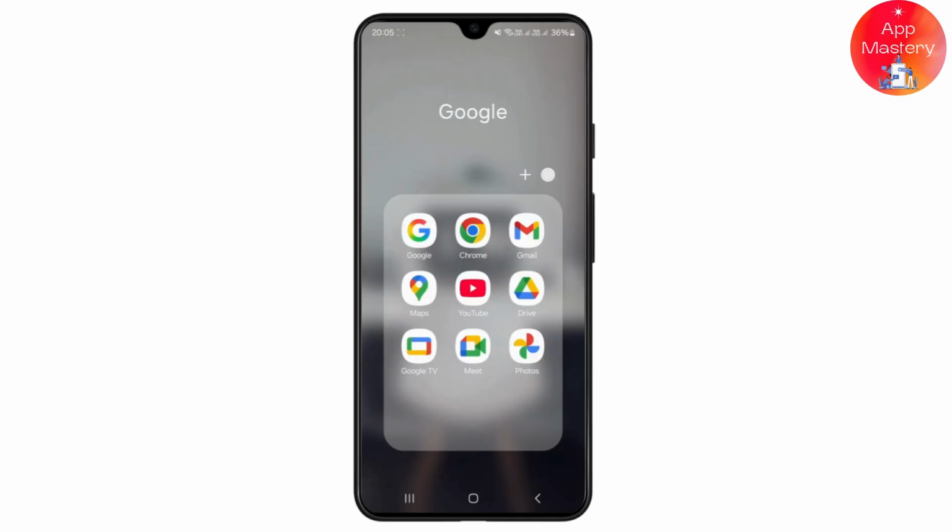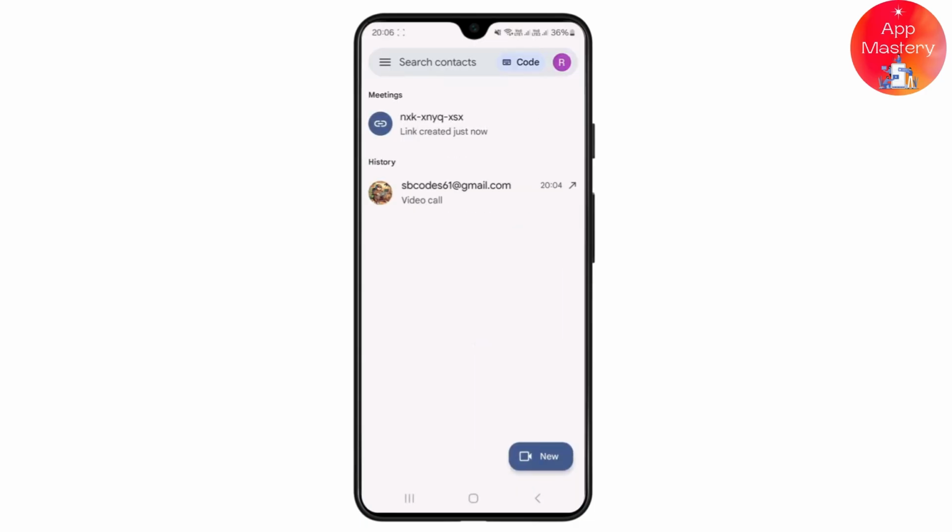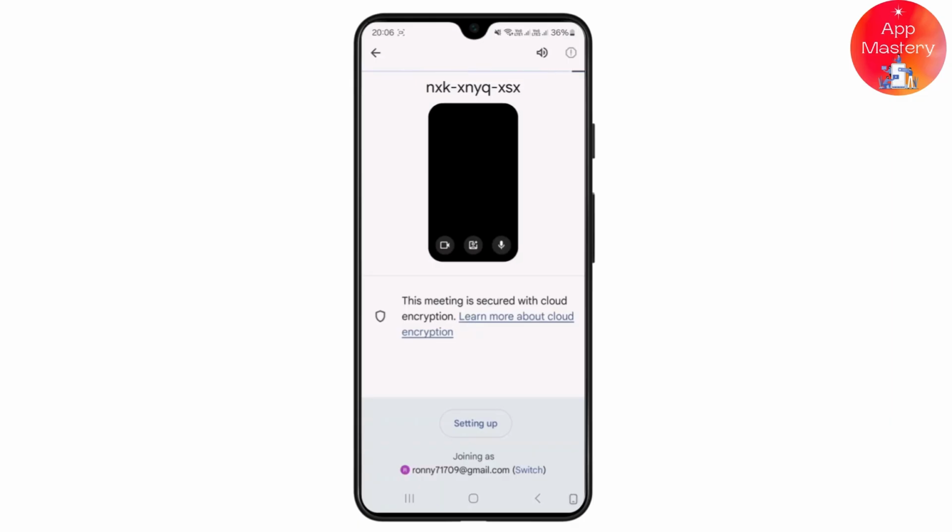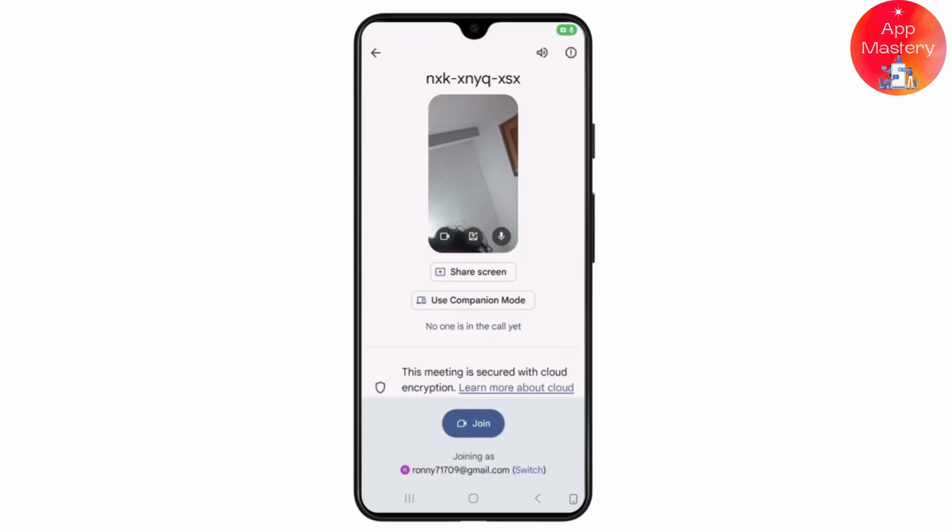In this quick tutorial I'll be showing you how you can easily switch to your back camera instead of your front camera in Google Meet. So let's get started. Just head over to your Google Meet application, and if you have already created your joining link or someone has sent you a joining link, or you can also call the particular person if you have available friends. So once you're inside here, just click on any of the join link and you can see there's